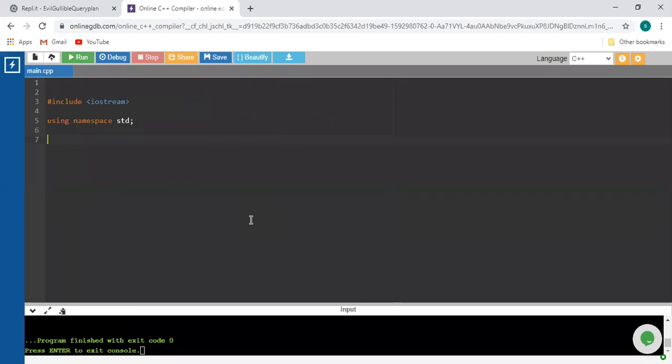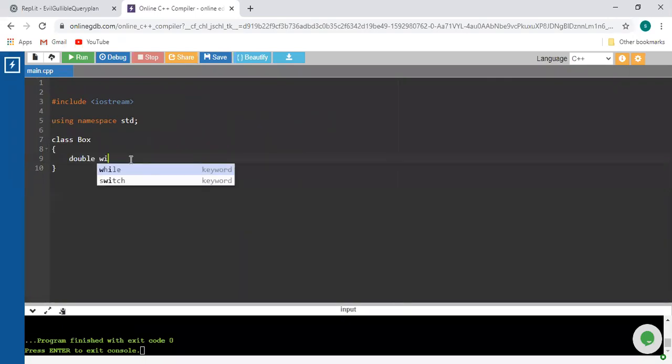First one, class. Okay. So first of all, just represent that class. I will just repeat that same code. Class box. Inside that, we are going to consider the first one, the public method, double width, and inside that I will use one public access specifier. Sorry, I will just declare two different functions.